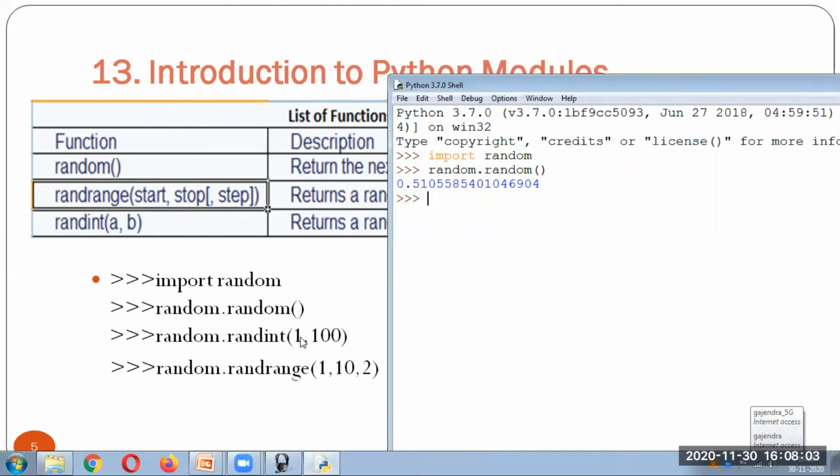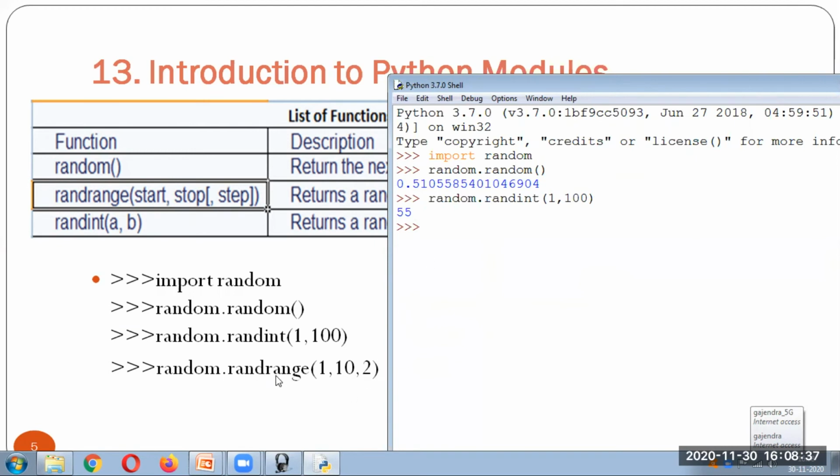If you want to specify the range, we can do that with the help of randint. You have to write int over here. So the number generated will be between 1 and 100.